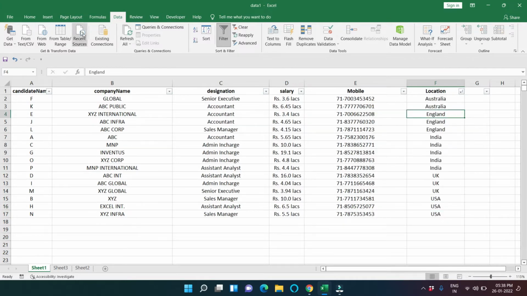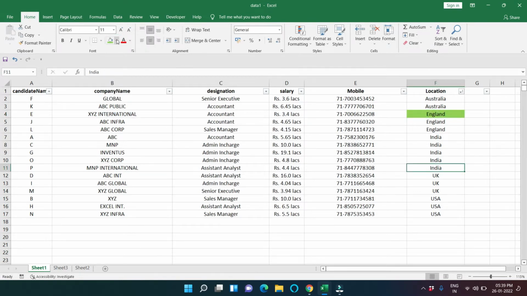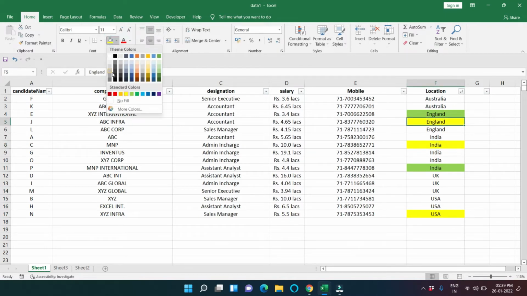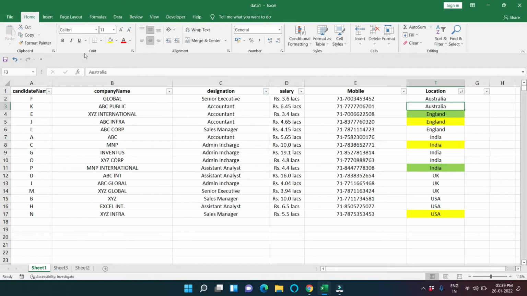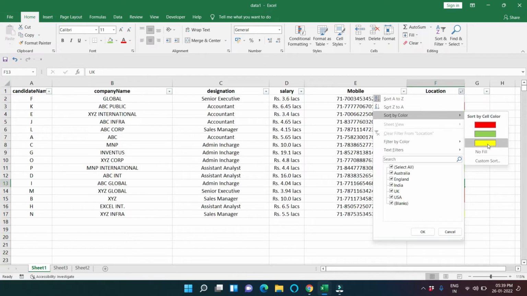For example, my data has different colors: green, green, green, in the middle yellow, yellow, and many other colors: red, red, red, and green, green. Now if I press this option, sort by color, you can see there are three colors showing.